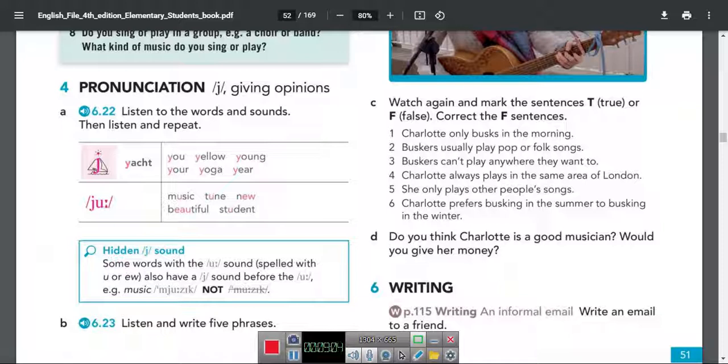Okay. Hidden Y sound. Some words with the U sound spelled with U or EW also have a Y sound before the U. Example, music, not